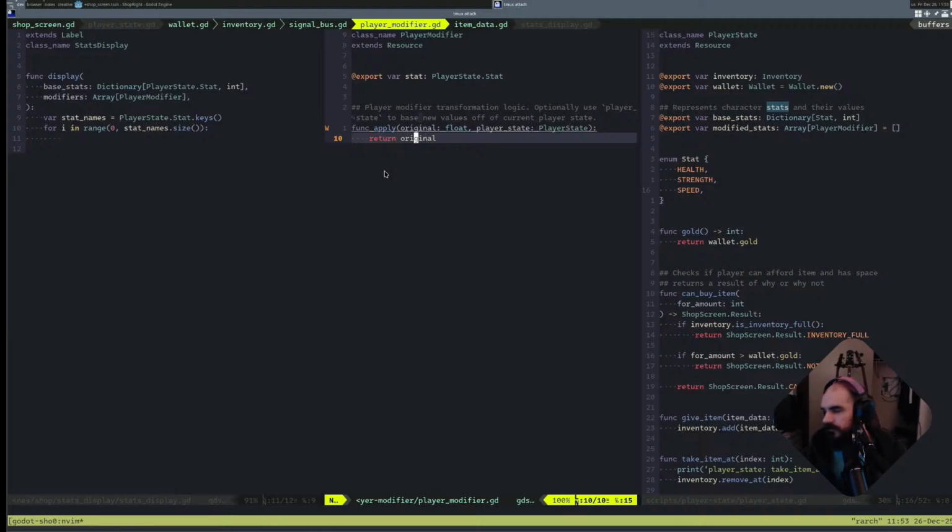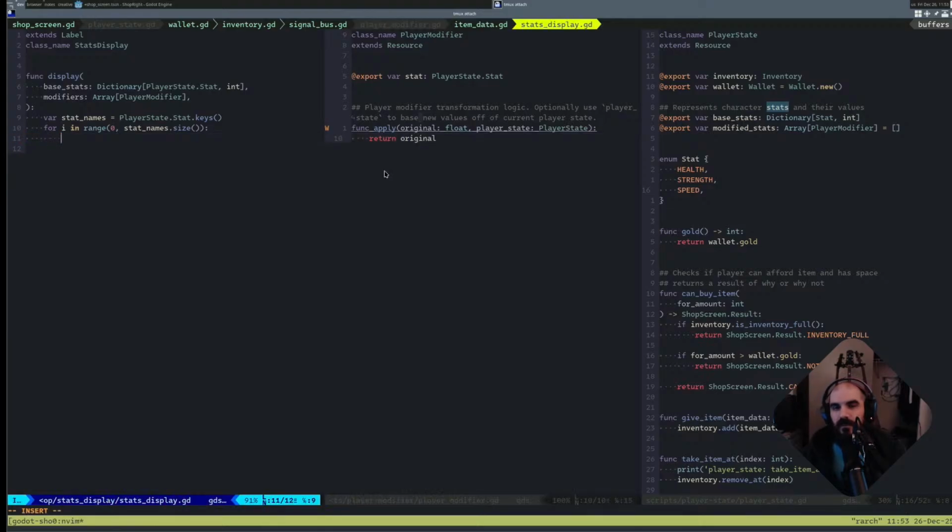So we would have var before equals base stats subscript I. And then we have a var after equals base stats. Sorry. Oh, after. This is why it's hairy, because